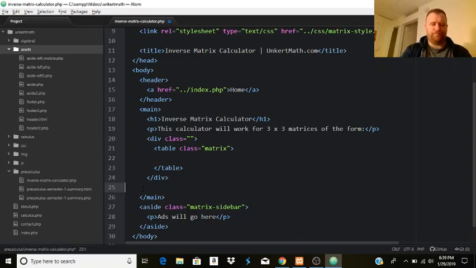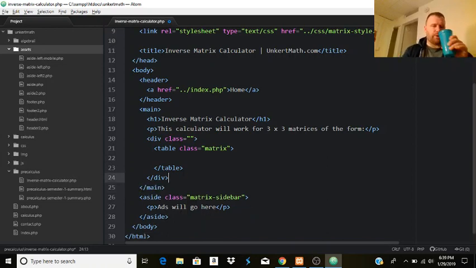Yeah, so the emmet works somewhat. The div class is going to be, we'll call that also matrix, or let's just call it 3 dash 3 dash matrix. Okay. Anyways, all right. So the table class in here, and then